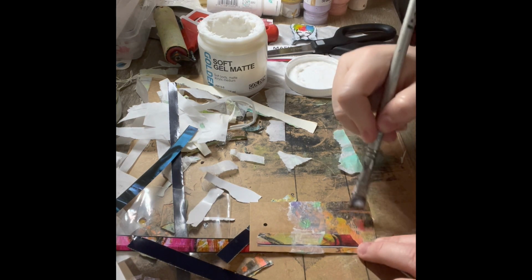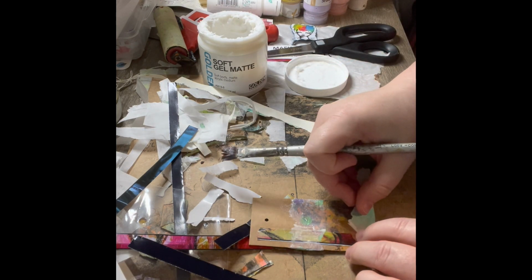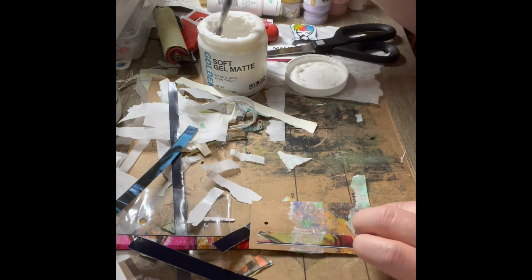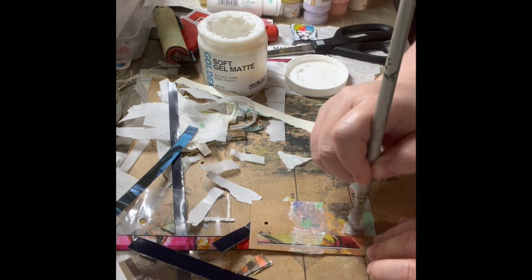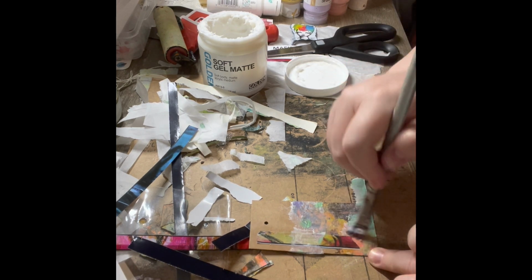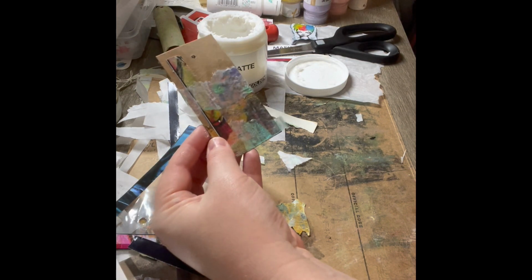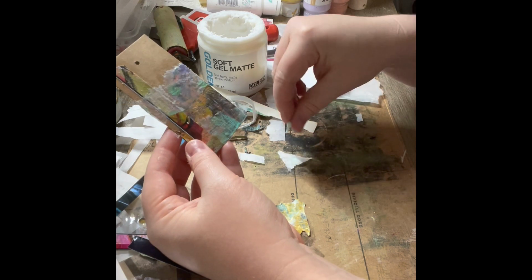And I do feel like I need a grounding figure here, like something that really is the theme of this tag. I don't know if it's a person. I don't know if it's a floral. If it's a floral, I'll have to stamp, or maybe I could paint it on here. I don't know. Maybe I'll draw it on. Okay, I do like that extra green at the bottom. This just helps to blend kind of the...